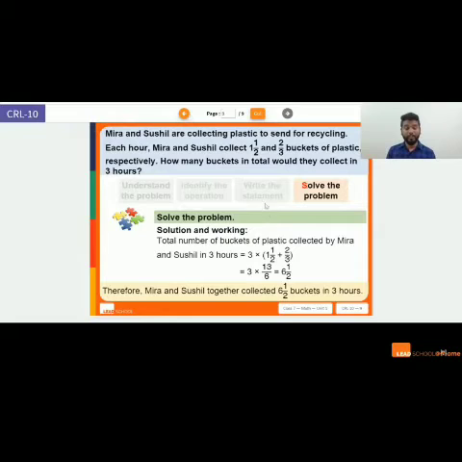So just a quick revision, students. The first step is understand the problem, where we write down what is given and what is being asked. In the second step, I will identify the operation based on the question and what they're asking me to find out. I will apply my logical thinking and I will identify my operation. Third, any number without a statement is incomplete. So I will write a statement that supports my numbers. It justifies why I am using the operation. And fourth, I will solve the problem.